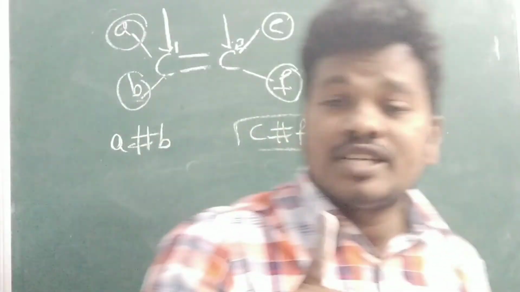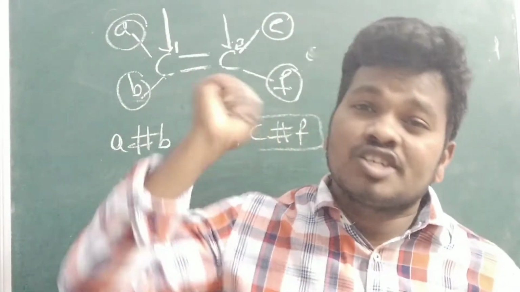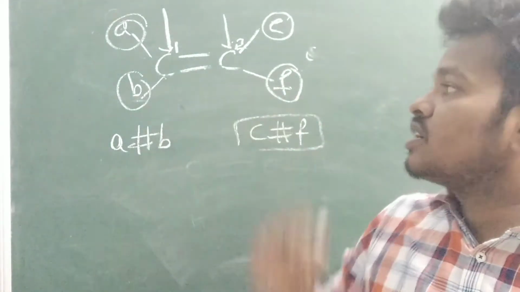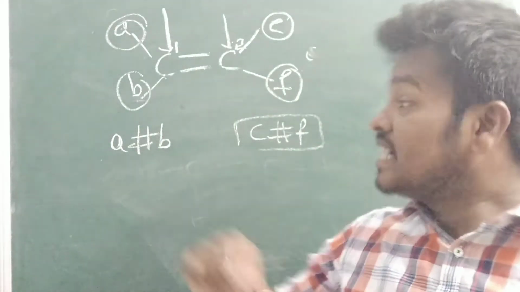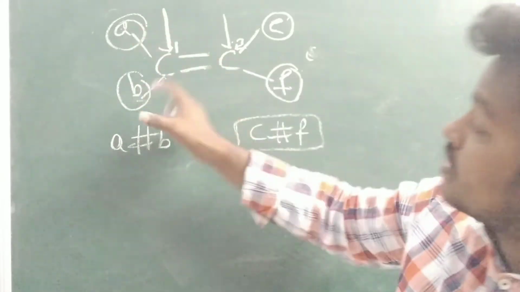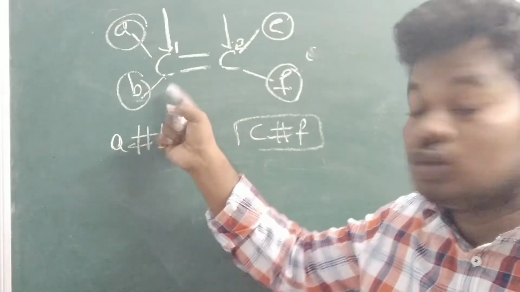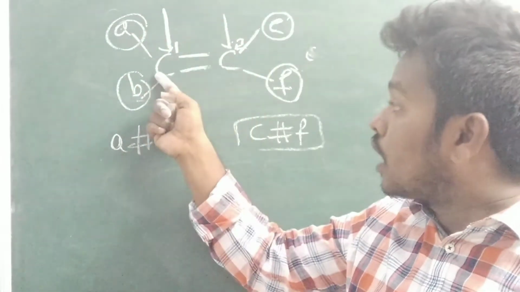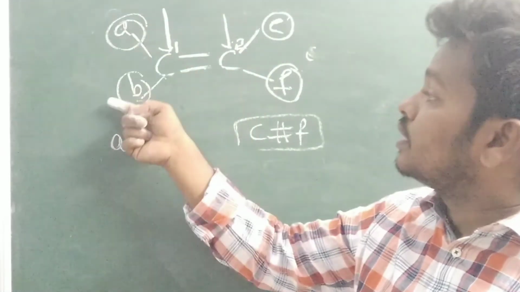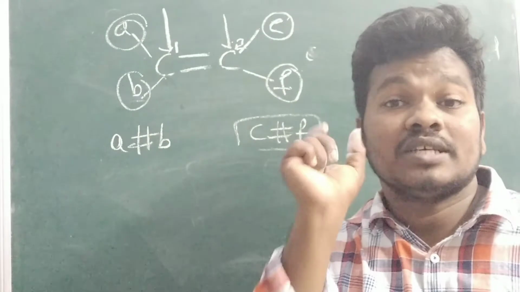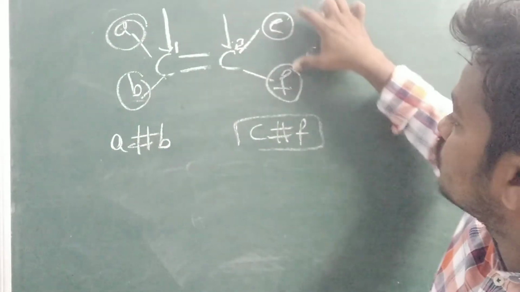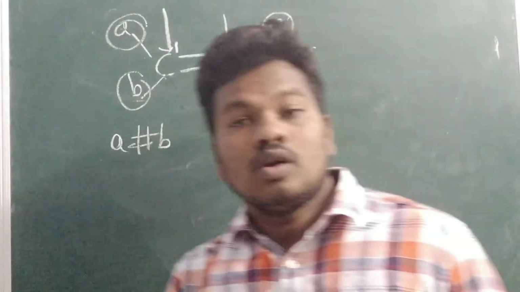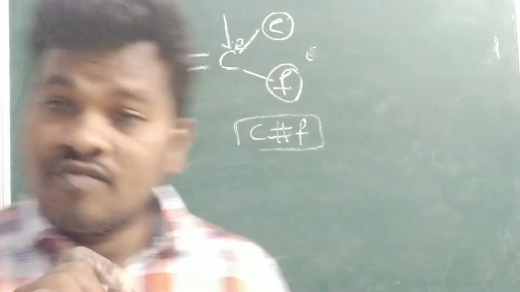So what is the first condition? Restricted rotation should be there. Second condition is, whatever groups are attached to the carbons, you have to see like this. The first carbon should not have the similar type of group. Here also this should not have the similar type of groups. That is the second condition.